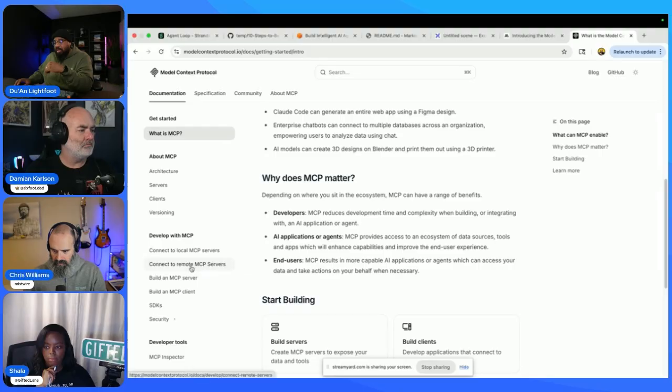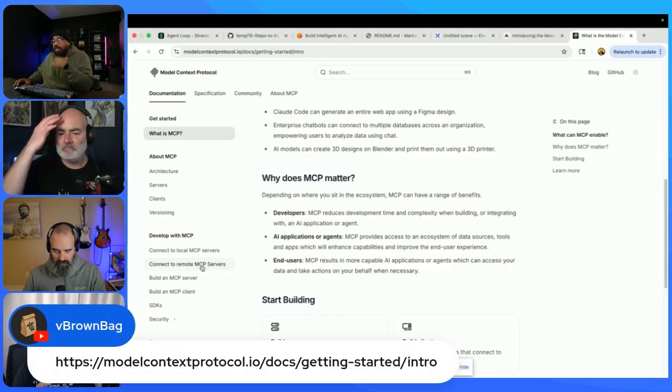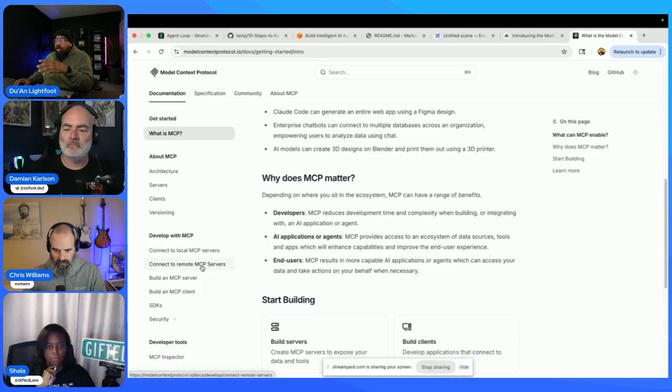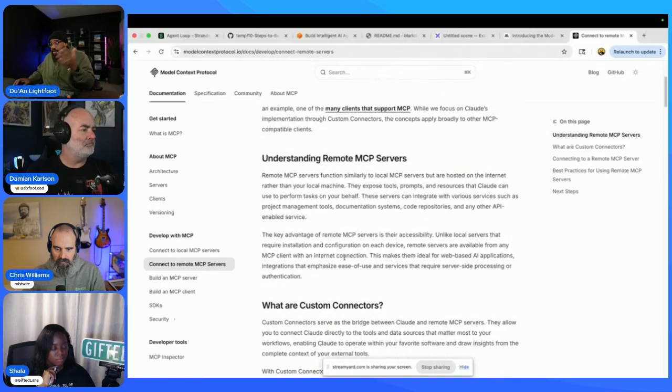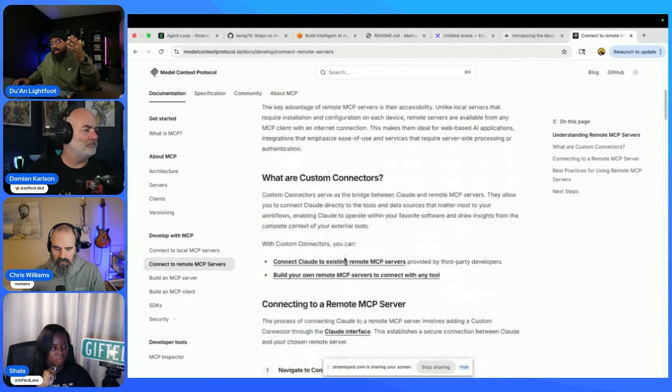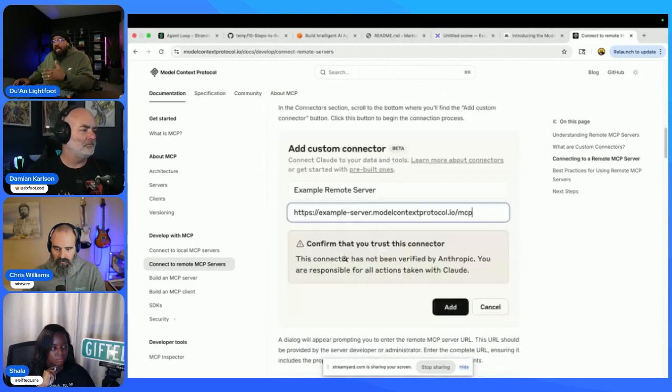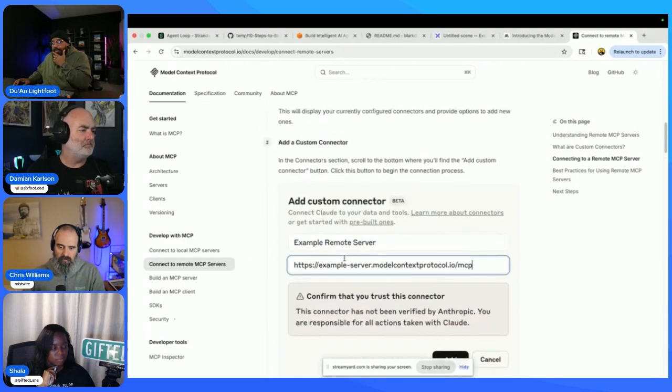When I first did it, we didn't have remote MCP servers, but now Claude Desktop can use local MCP servers, and even on Claude.ai you can use remote MCP servers. You connect to an MCP server via HTTP and integrate it that way.